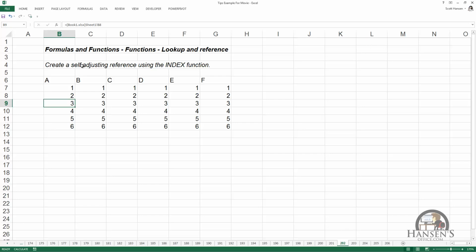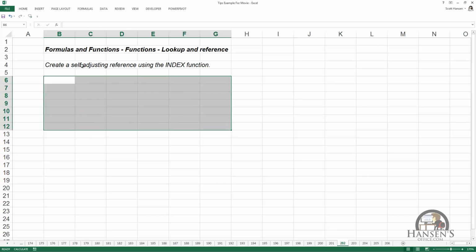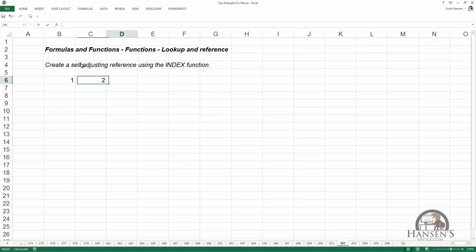Well, there's a way to set this up to make it so that doesn't happen, and it involves using the index function. So I'm going to delete that, and I'm going to put some reference numbers in row 6. And I may have more there than I need, and some reference numbers in column A. And then I'm going to build an index function